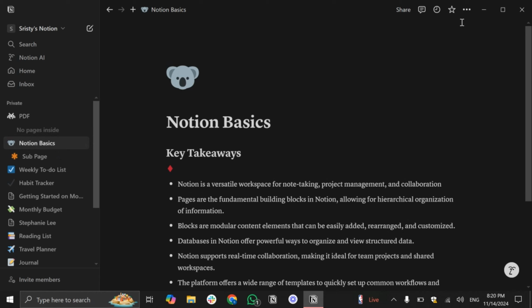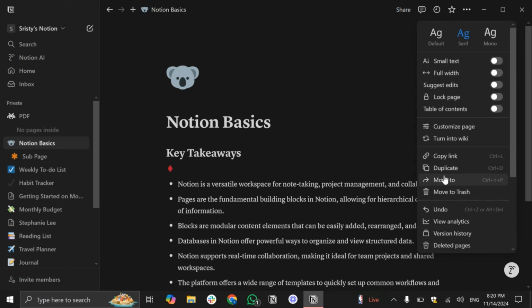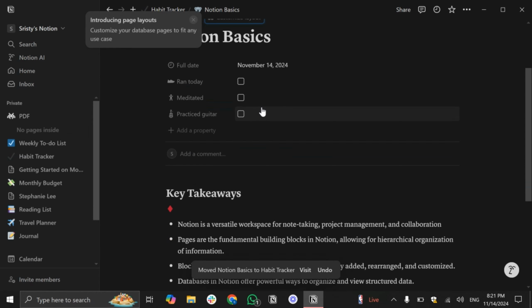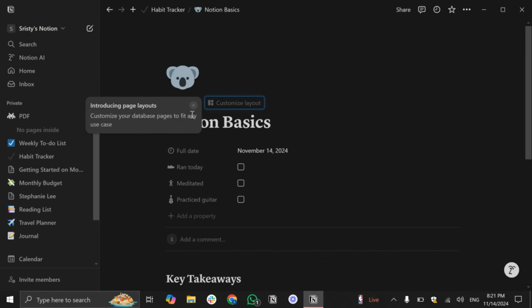and in this page at the top right corner you will see these three dot options. Simply tap on here and here you can see these move to options. Simply tap on here. In here they will show you all the pages that you have in your Notion, and you can always choose any of them where you want to move your page. So that's one way how you can move a page from one page to another page,